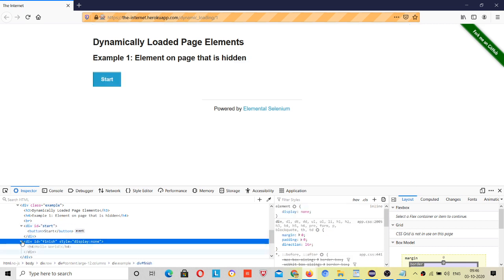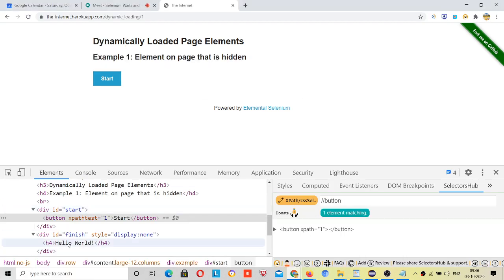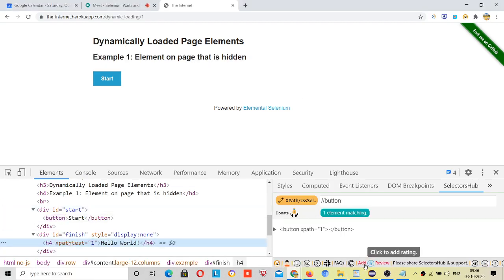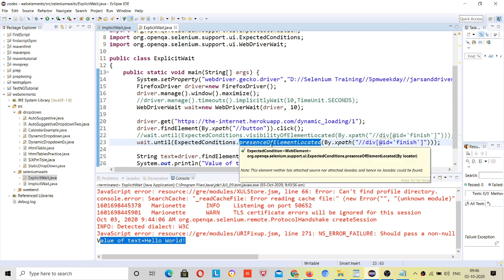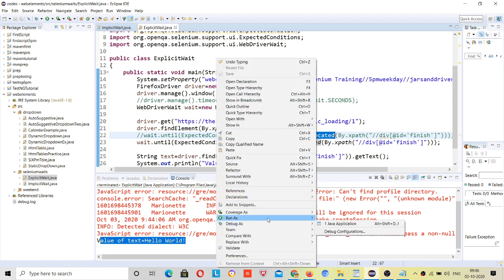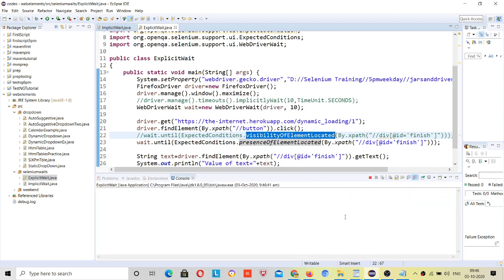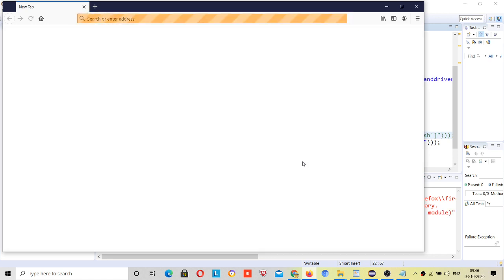See this hello world, right? If I show it in Google Chrome, see, this hello world is already present in your DOM. Now it will not look for the visibility because we have given the condition presence of element located. So it will not look for visibility, and the wait will also not work here, right? Because presence is already there. So explicit wait would also not wait for the whole 10 seconds, right? If the certain condition is true, then it will move to the next line of code within 2 seconds only if applied.